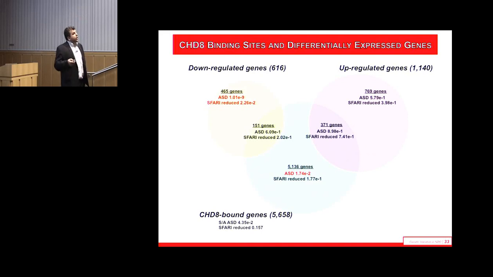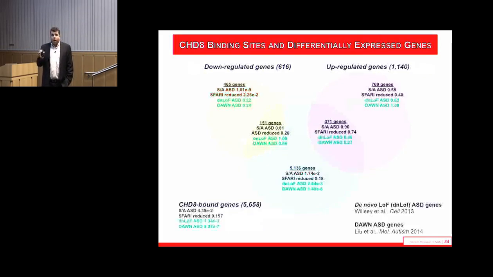On the other hand, if you look at genes that were disrupted from de novo loss of function mutation studies in autism, they're actually enriched among the CHD8 binding sites. So these are two different sets of genes that are both implicated in autism by CHD8. And it depends on how you look at CHD8. The pathways that came out of the initial exome sequencing studies were chromatin modification, transcriptional regulation, and synaptic regulation. And it looks like CHD8 touches each of those pathways, but in very different ways in its regulation.